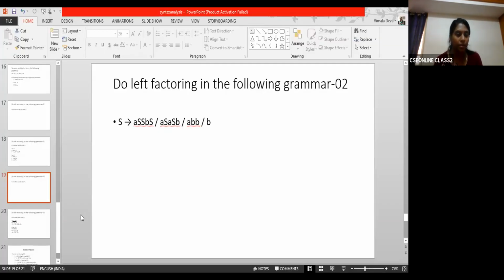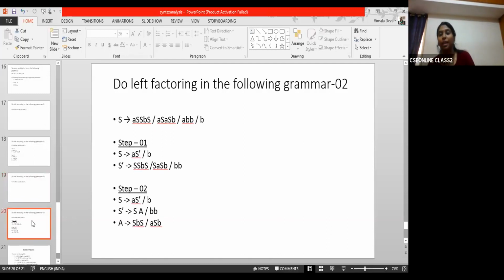Yes, we discussed the answer for this problem now. It's up to you. You can give any name to the variable. Make sure that the right hand side part of the production rule is one and the same in the solution. All right. So at first glance, it's not really the longest, the common prefix which we are finding across all the rules is only a.